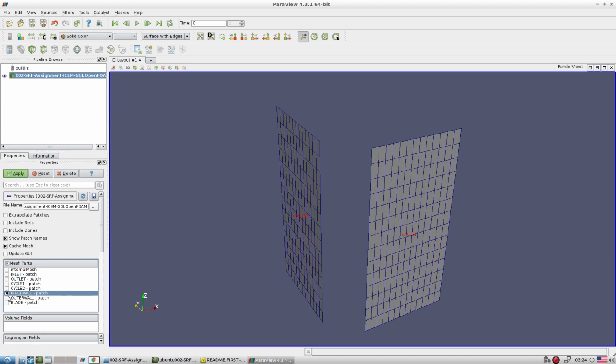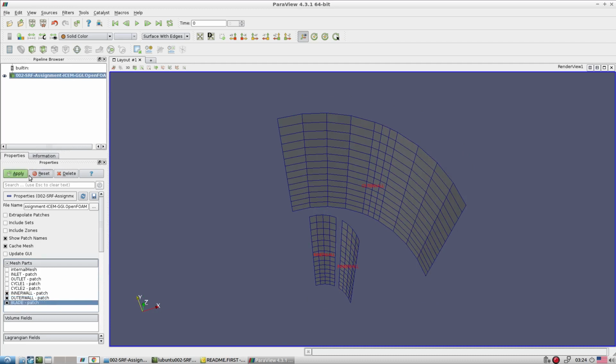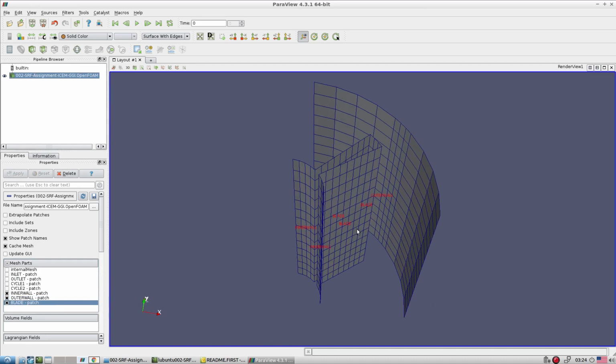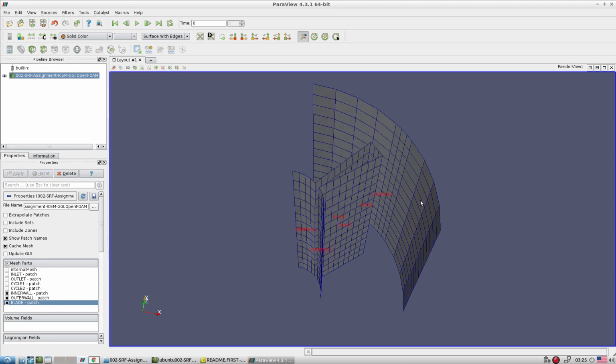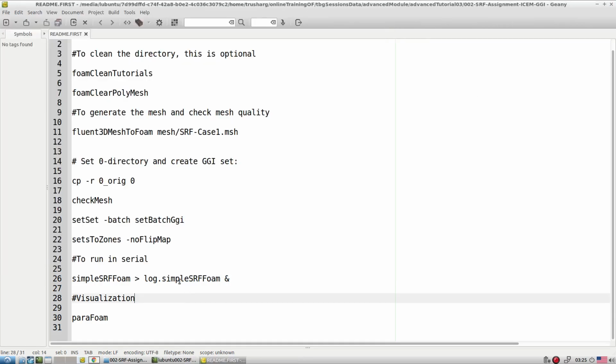Then we have the inner, the outer and the blade. So this is our entire tutorial, and we want to set up a rotating domain. This entire domain is a single rotating domain, so that's why it is a single reference frame. Let's look at how we can proceed and set up the test case.